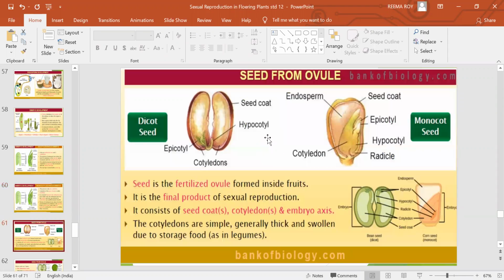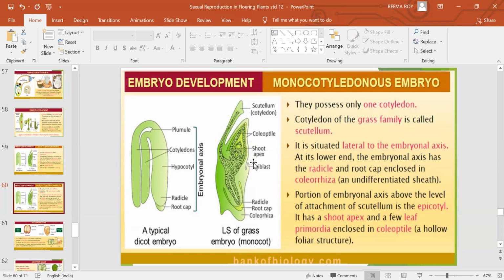And what else is there? Do you see something different? There is an epiblast. What is epiblast? When the second cotyledon degenerates, उसका जो बाकी बचा हुआ है दैट इज कॉल्ड एज एपीब्लास्ट। दिस इज मोनोकोटिलीडॉन। मोनोकोट में एक ही कॉटिलीडॉन है, मगर दूसरा कॉटिलीडॉन जब डिजेनरेट होते हैं तो बचा कुछ चीज जो होते हैं उसको बोलते हैं एपीब्लास्ट। सो फ्रॉम डाइकॉट व्हाट इज डिफरेंट इन मोनोकोट? 3 थिंग्स एक्स्ट्रा है, दैट इज कोलोराइजा, एपीब्लास्ट एंड कोलियोप्टाइल।